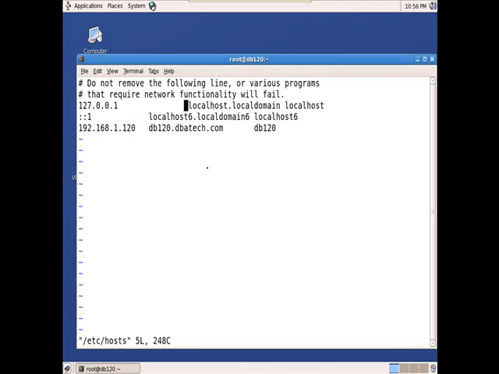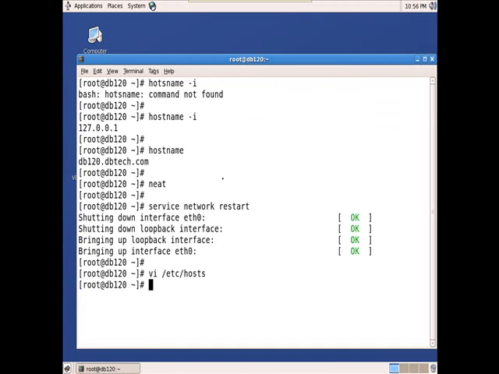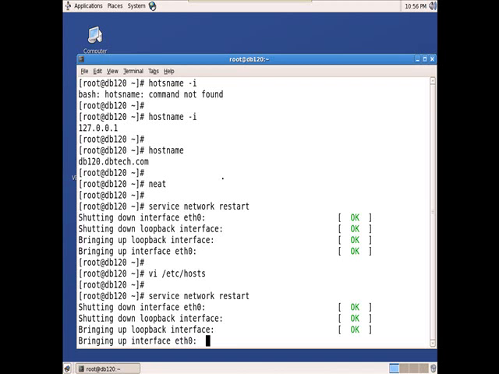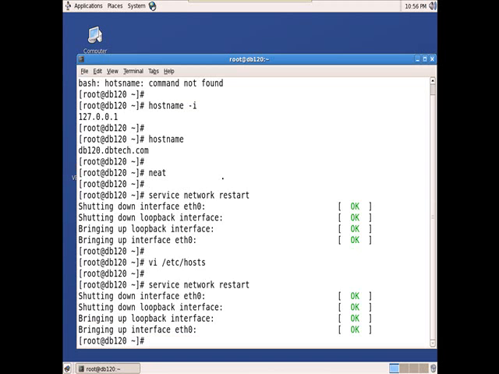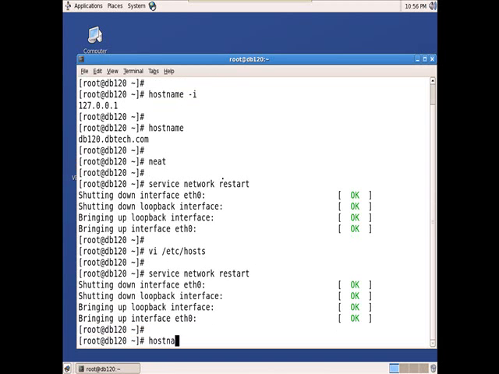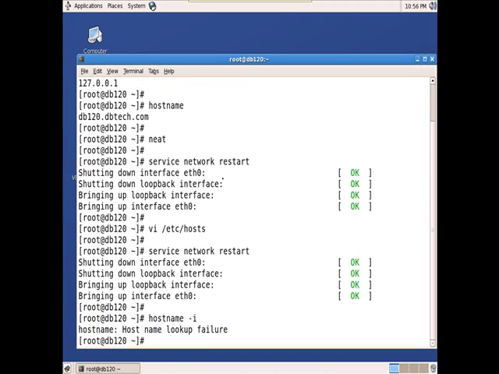If you don't remove this, our IP address will display only 127, this one, not the one which we have configured now. Click on save and exit. Next, perform service network restart. It is not needed, but better to perform it once again. Now check hostname space -i.